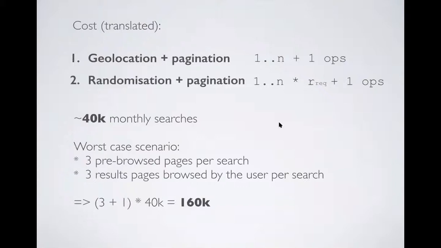And then you can just scroll the results pages 3 or 4 times. Come on, seriously. If you look for something, you would probably just refine the search. You will not scroll 100 pages. So that's one of the assumptions. And if you make these assumptions, the number you get in the end is